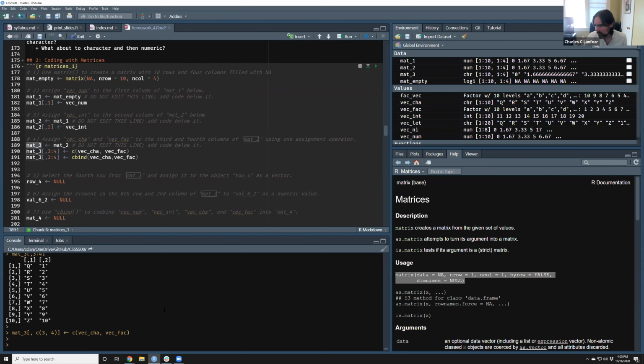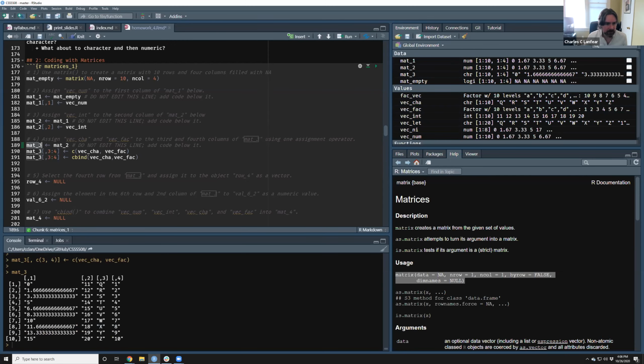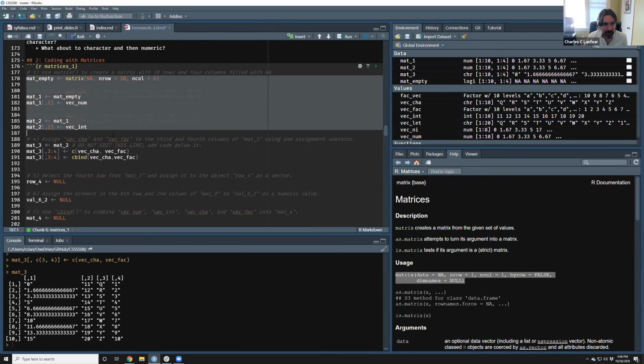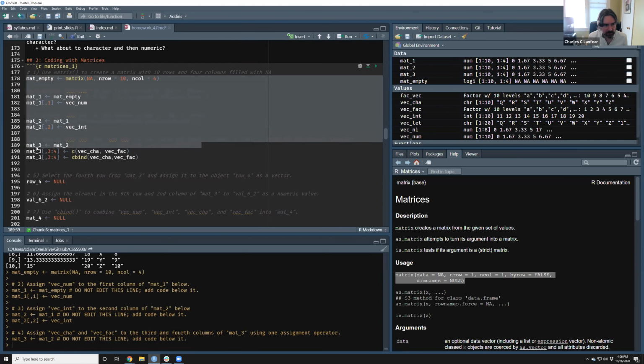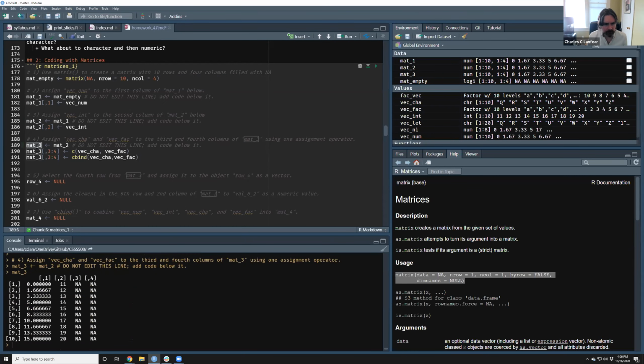Your mat3 should look like that, and your mat3 looks exactly like that, but that code is giving you an error like this.